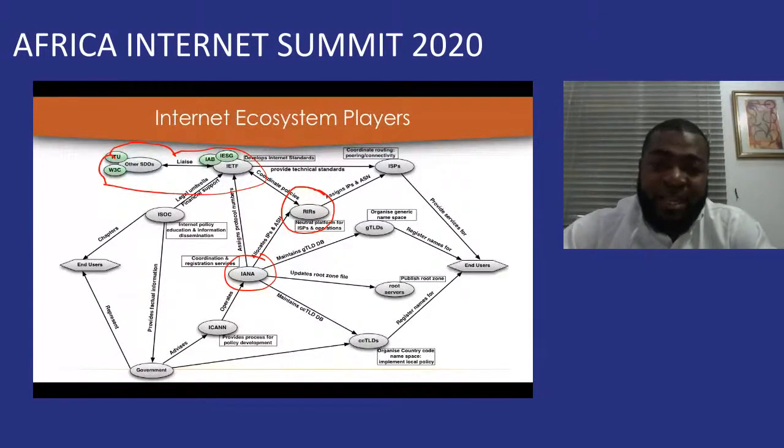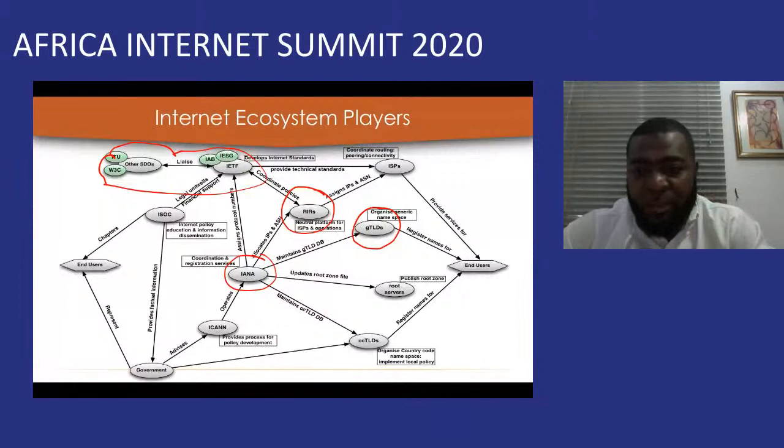We also have the DNS, where we have the generic top-level domains, the root servers, and the country code top-level domains. Basically, in the generic top-level domain, we have the